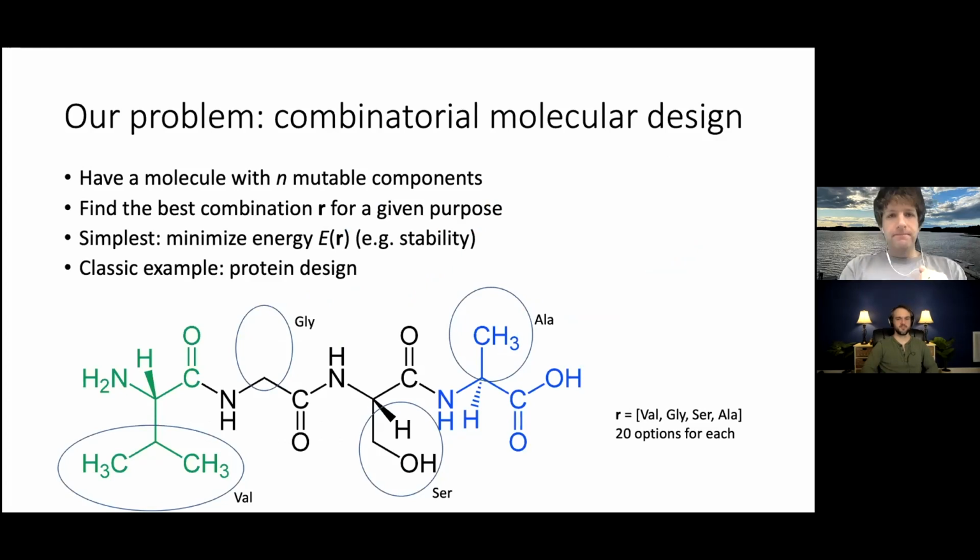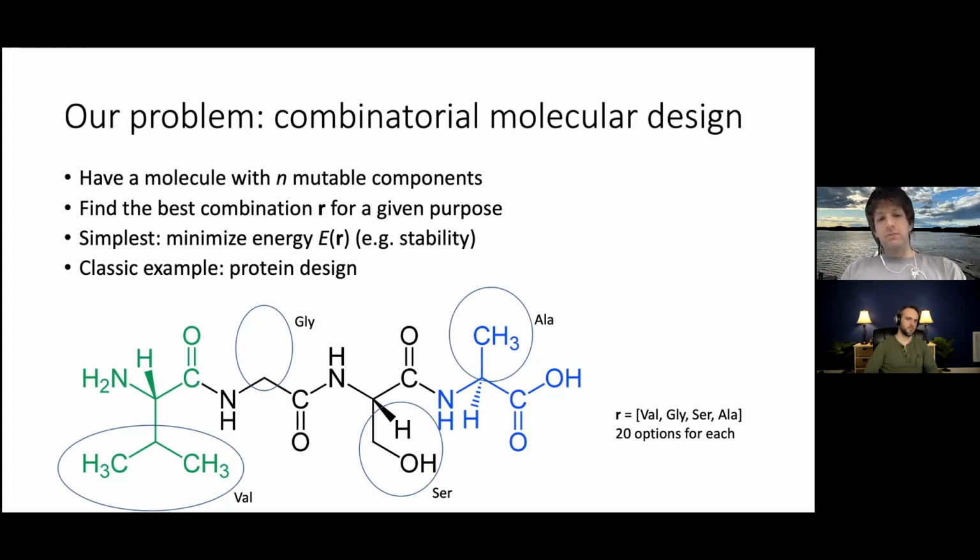Okay, so how are we going to do this? How are we going to even conceptualize this bigger chemical space? Well, I think the one really tractable way to do it, and that does let you look at a lot of options, and this is kind of what nature does when you have proteins, and how do you have this huge space of proteins that biology has access to? It comes down to having a molecule with n components, where n is basically a design parameter.